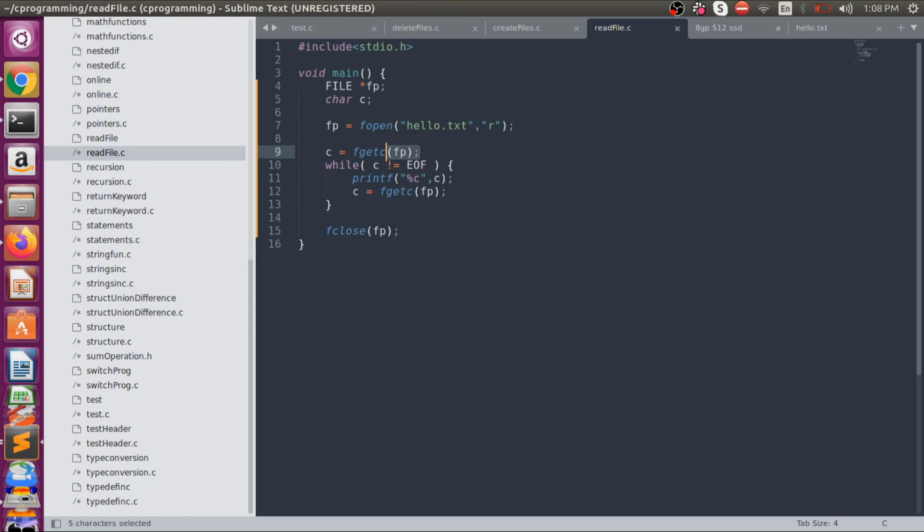So here we have fgetc, it will read a character. We have to read the character until we reach the end of the file. So we are printing the file and then reading the next character. One by one we are able to see the characters. So that is a very good example of reading a file. And in this last line, fclose, we are closing the file. That is also very important. So this is all about reading a file.